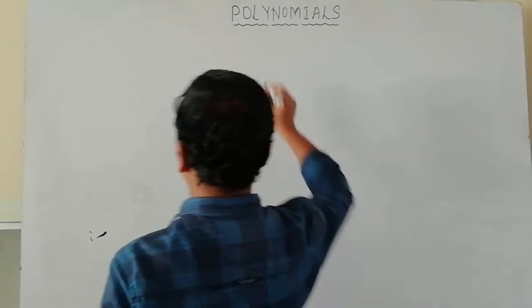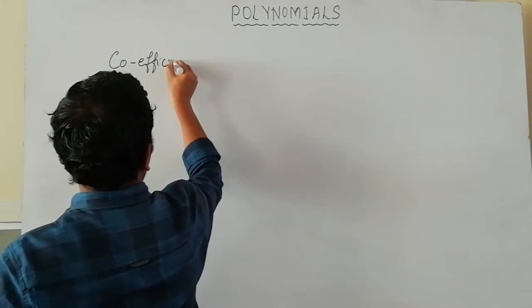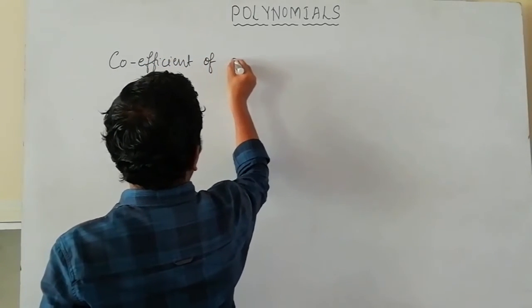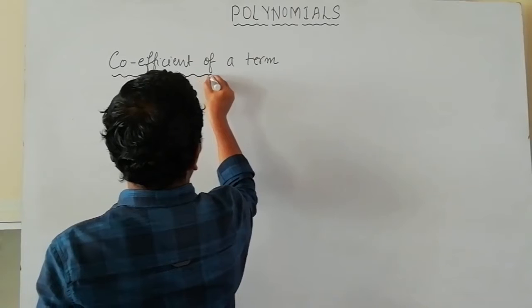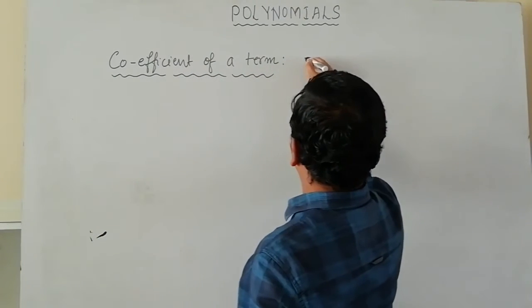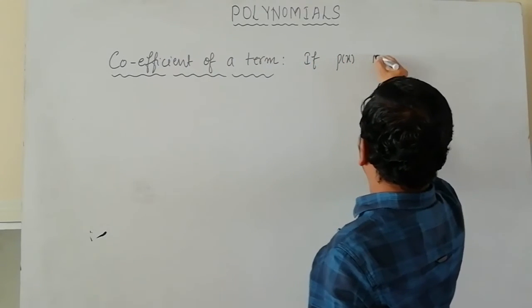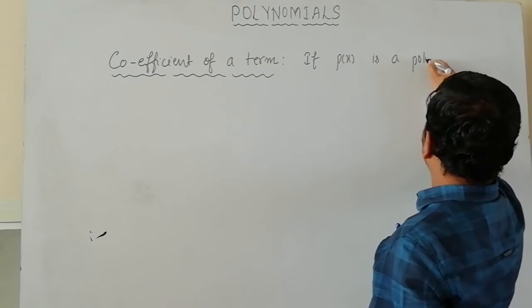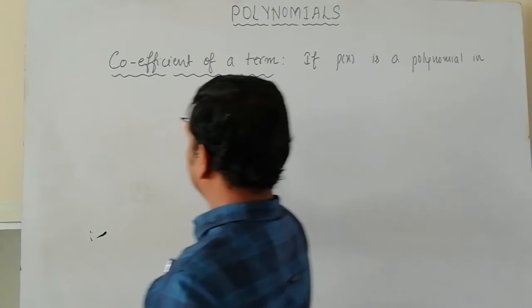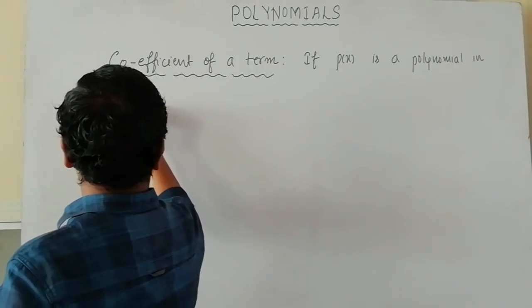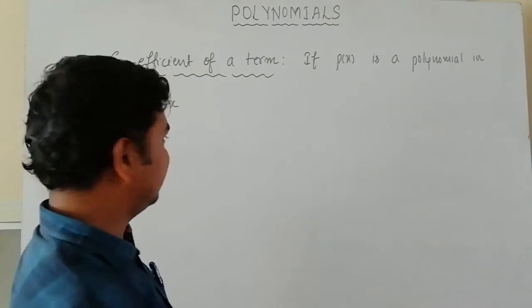It is the coefficient of x power n. If p of x is a polynomial in variable x, then the coefficient of x power n